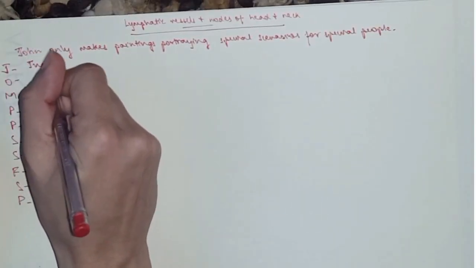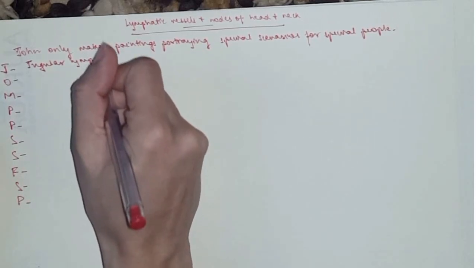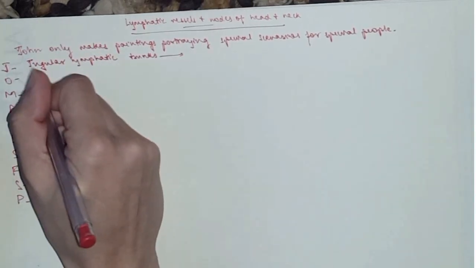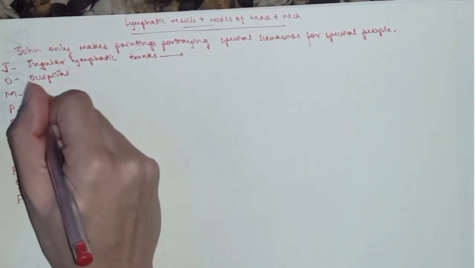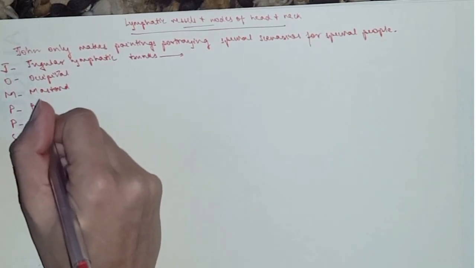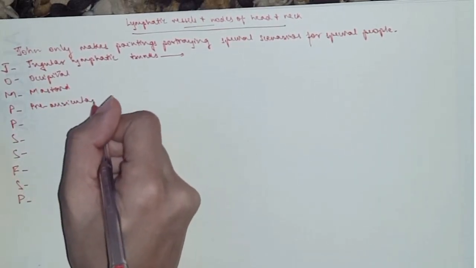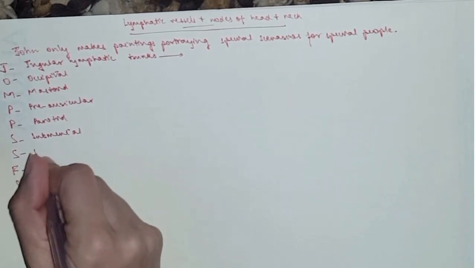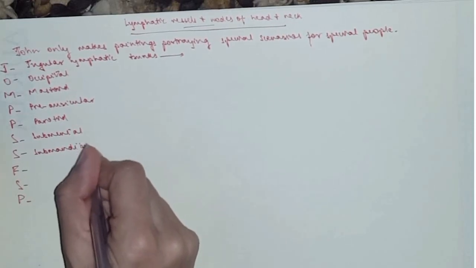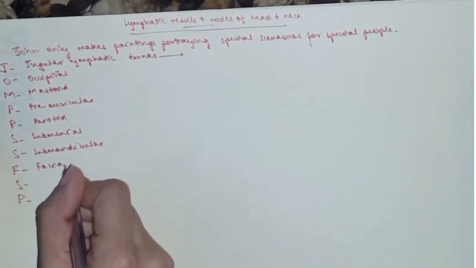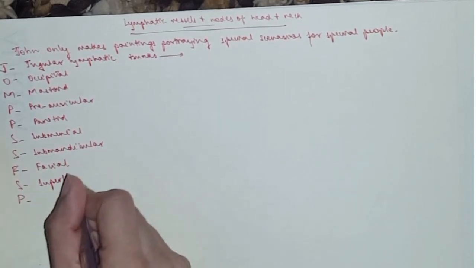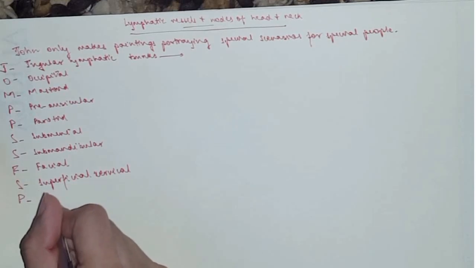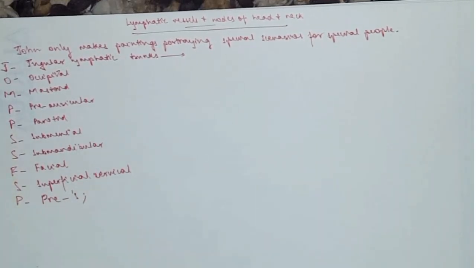Down, so we've got the jugular lymphatic trunks, occipital, mastoid, pre-auricular, parotid, submental, submandibular, facial, superficial cervical, and you've got the pres. Okay, so